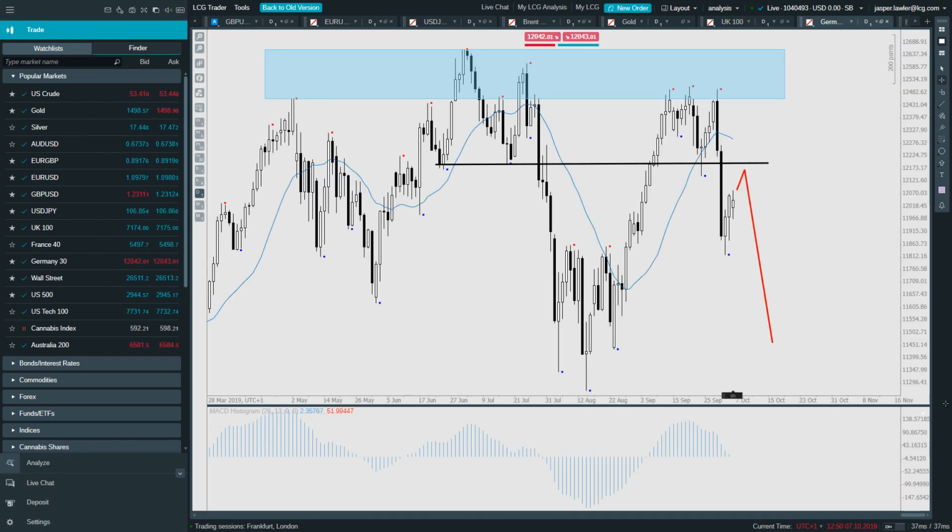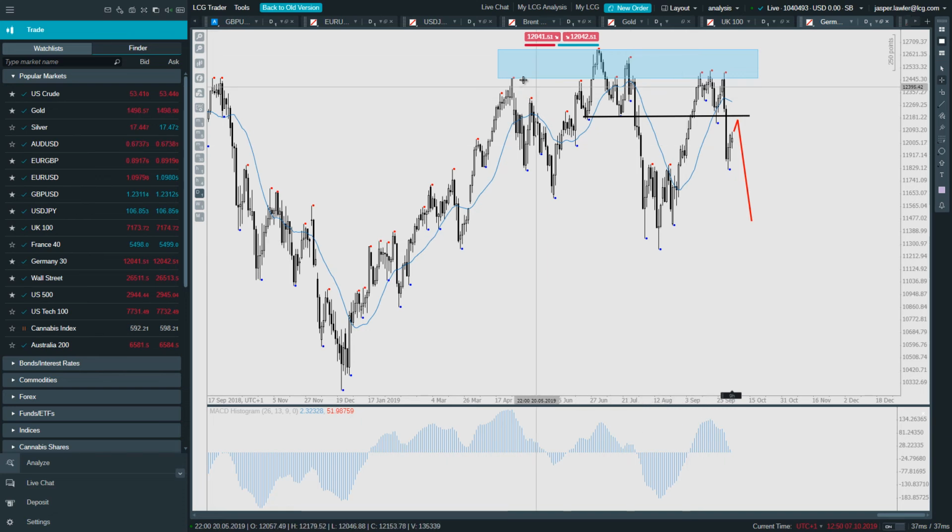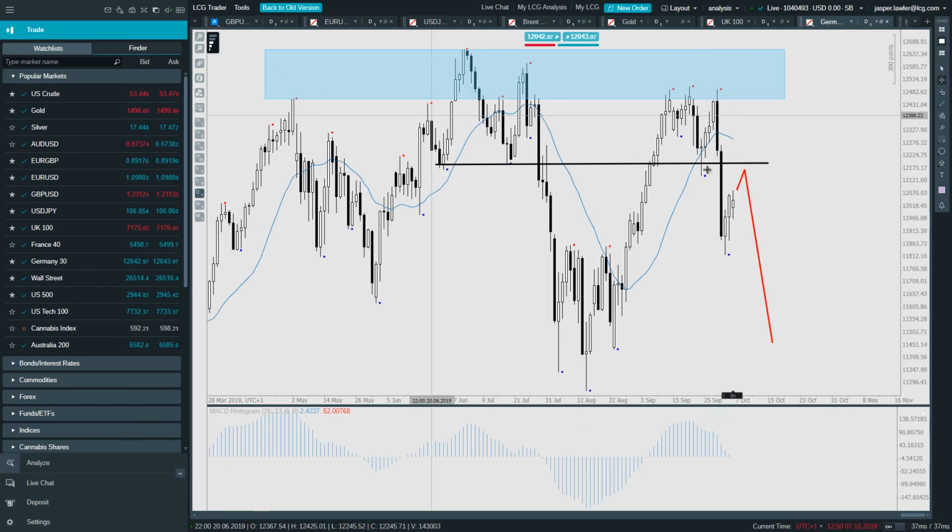Germany 30, our proxy for the DAX. Again, if we zoom out a bit, we can see that we basically tried to break above this 12,500 level on 3 major occasions. It looks like it could be a triple top or head and shoulders of some form, with that big sell-off through what was quite a big pivot area in the past. So if we can get back up towards that pivot,